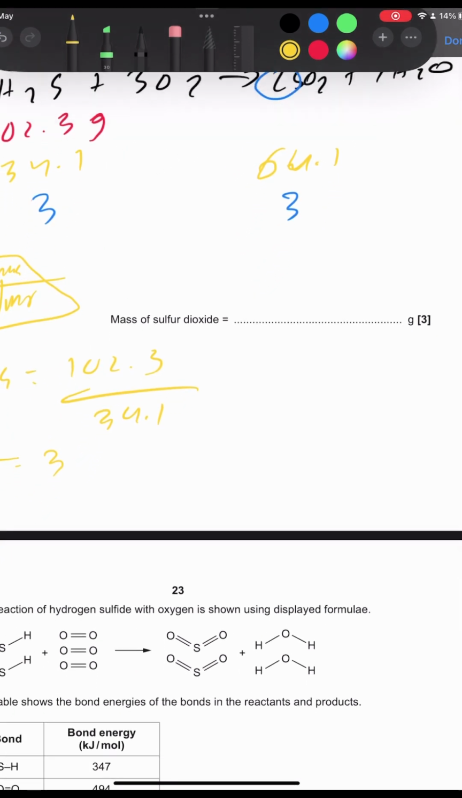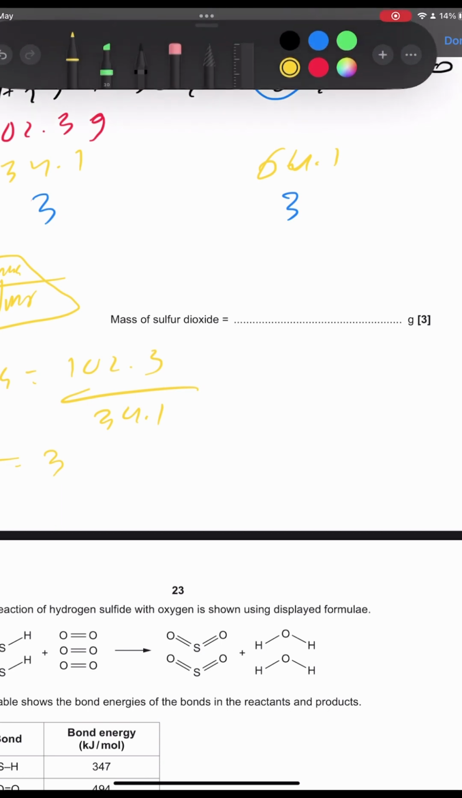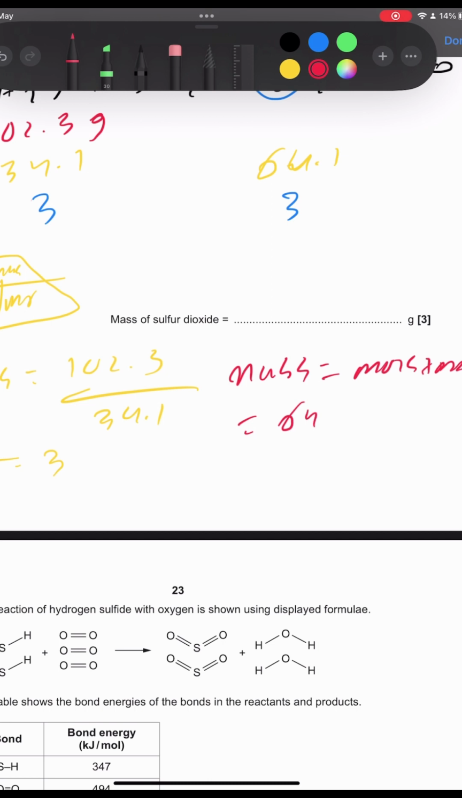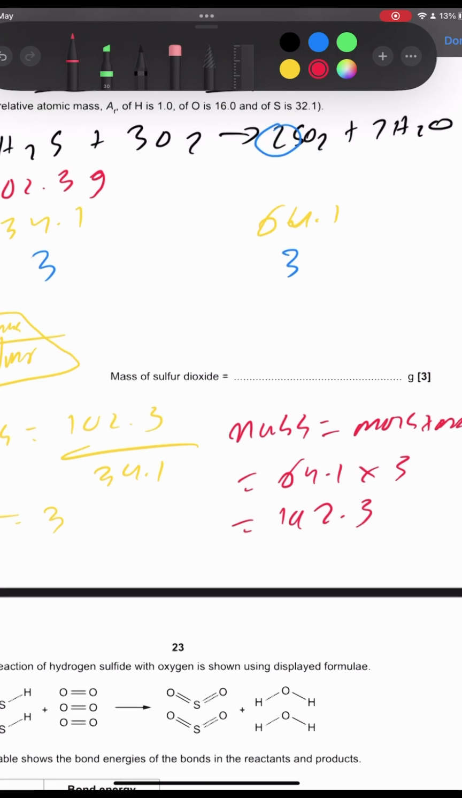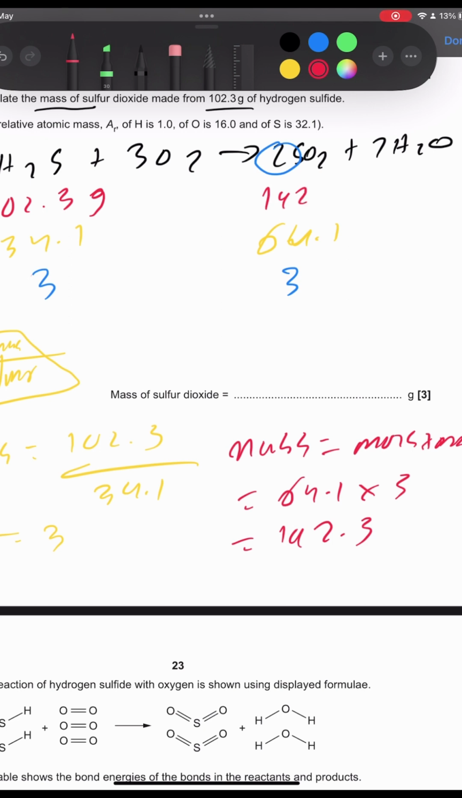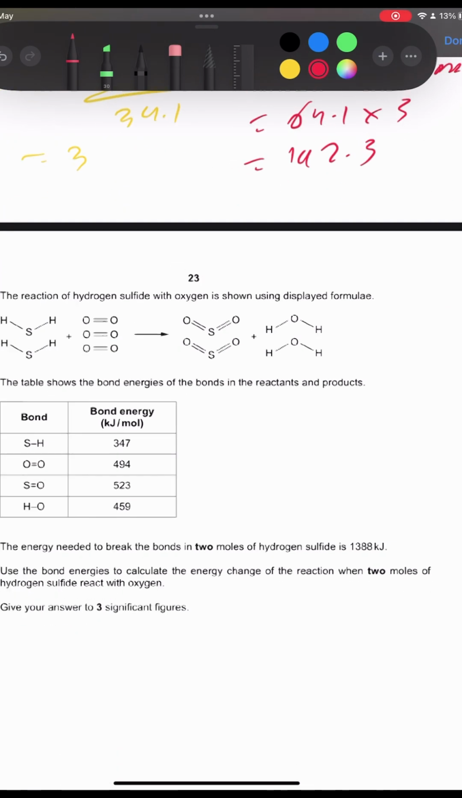Okay, and so then you want to find out the sulfur dioxide. Again, these are 2 and 2, so you don't need to do anything to it. So you're going to have 3 moles over here, and then you want to work out the relative formula mass of that sulfur dioxide, which is 32.1 plus 16 plus 16, and that's going to be 64.1. We know that mass is going to equal moles times Mr, which then means you're going to have 64.1